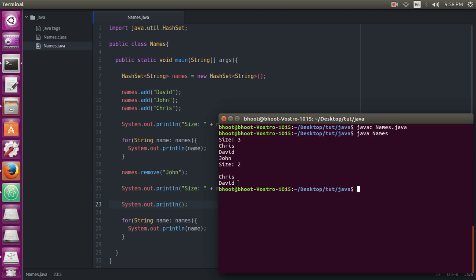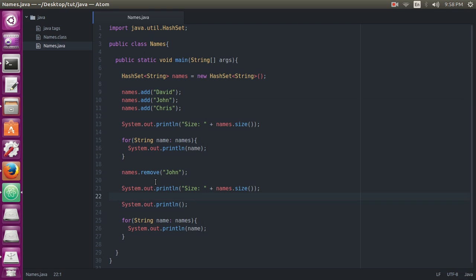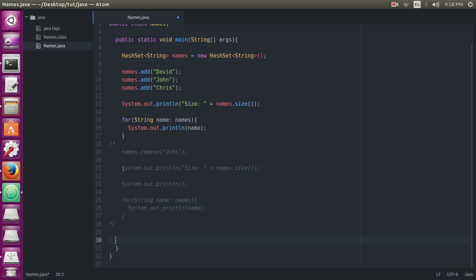Now we will see a function that will check if a specific name exists in the list or not. Let me just comment out this part of code, because now we do not need this. Now we will see the function contains. It will check if the specific name exists in the HashSet or not.